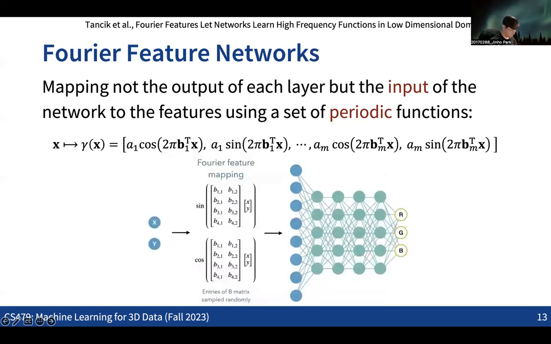So this is kind of typical: instead of directly feeding the input data, for example here is the x, y coordinates. If we make some kind of implicit decoder of the images, then this would be the case where we are taking the 2D coordinates as the input. So instead of directly feeding these 2D coordinates to the neural net, we are first mapping these x, y numbers into the outputs of the sinusoidal functions, in a way that we are not only increasing the dimension of the input, but also mapping the input with the cosine and the sine function.